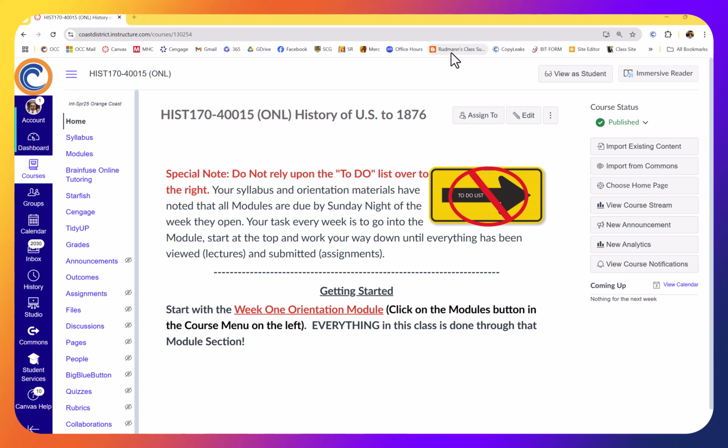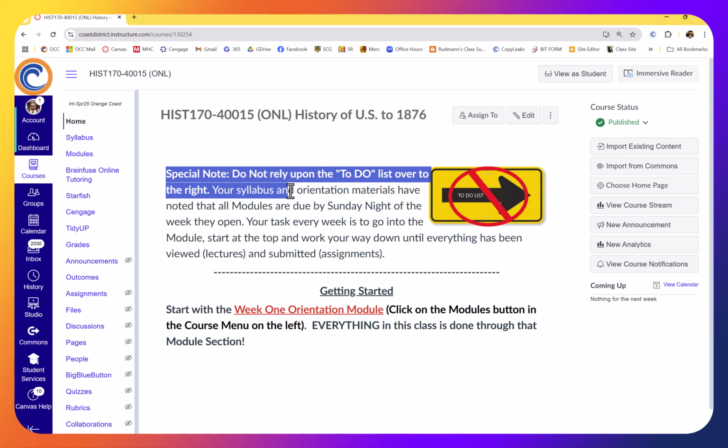I wanted to just do a very quick visual orientation for you that allows us to get you maybe started a little easier than just trying to read through everything at the first point. You'll want to read through the stuff, but maybe this will streamline things for you a bit. This is the homepage for the course. This is just the homepage that pops up right when you come into OCC's Canvas site, and you'll see that